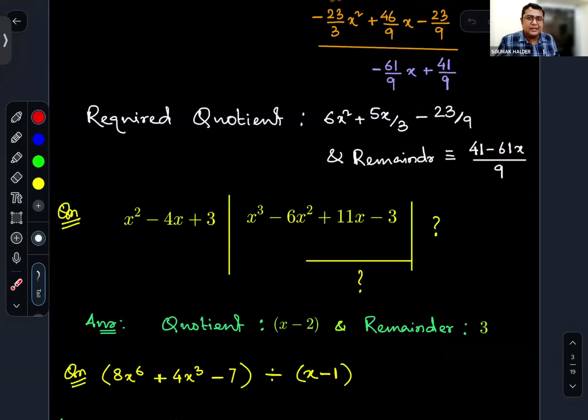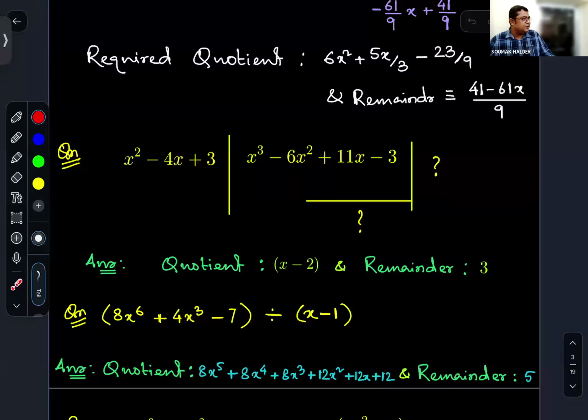This time 8x to the power 6 plus 4x cube minus 7 to be divided by x minus 1. এটা পারফর্ম করে রেজাল্ট বলো। হ্যাঁ, রেজাল্টটা বলো তুমি কি পেয়েছো। কোশ্চেন্ট হবে 8x to the power 5 plus 8x to the power 4 plus 8x cube plus 12x square plus 12x plus 12 আর রিমাইন্ডার 5। ভেরি গুড, অ্যাবসলিউটলি কারেক্ট। তোমার আনসার ম্যাচ করেছে। ভেরি গুড। সবাই দেখে নাও এই দুটো রেজাল্ট ম্যাচ করছে কিনা।